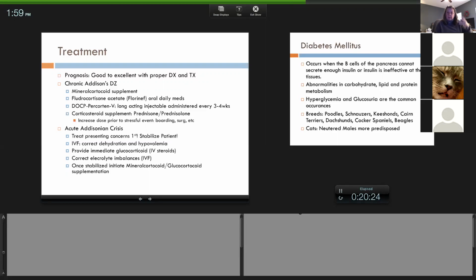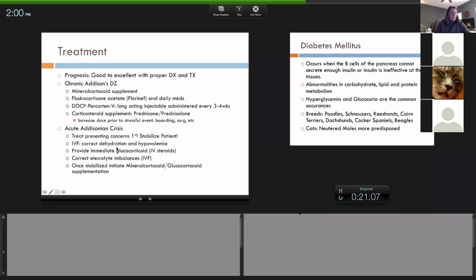If you remember, IV fluids... wait, you haven't had Tech 4 yet. Sorry, no, you have not had Tech 4. In Tech 4, you get into fluid therapy. IV fluids like LRS or Plasma-Lyte all have sodium, potassium, chloride. And so we will usually supplement and give electrolytes via IV fluids. So first of all, put them on the proper fluids, on the proper fluid rate to establish electrolytes, establish hydration, normalize heart rate, normalize body temperature.